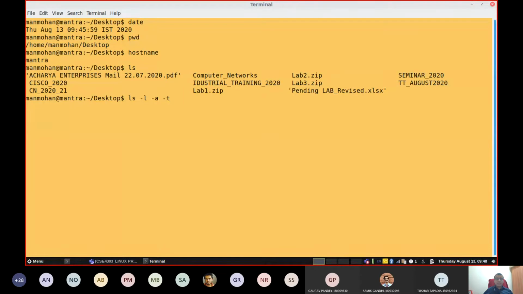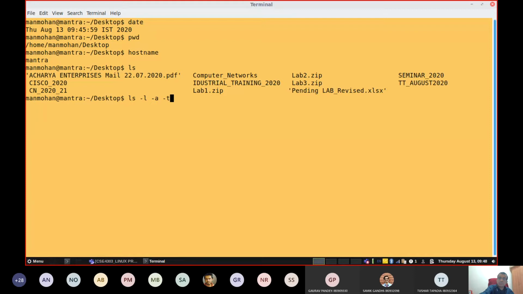You can always learn more about the ls command by typing man ls. You practice that. After that, note down some important or interesting commands, whatever you want to learn, and try to remember them. The moment I say hyphen l, the ls command is executed with hyphen l, hyphen a and hyphen t, and the output will be in a different format.